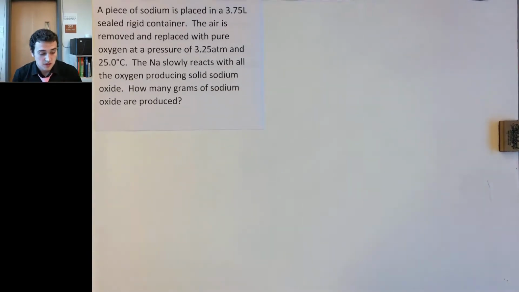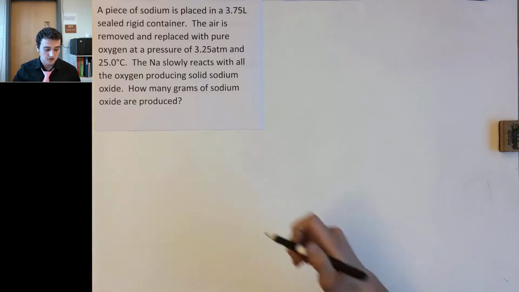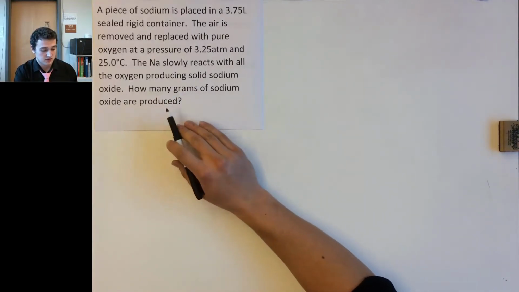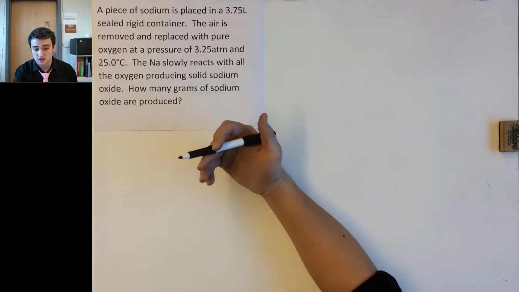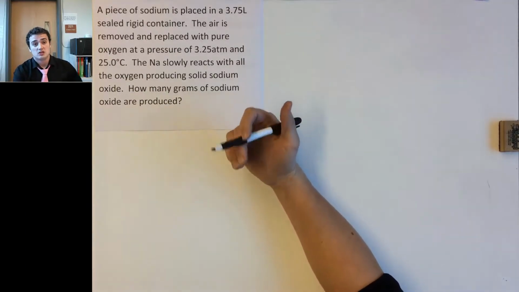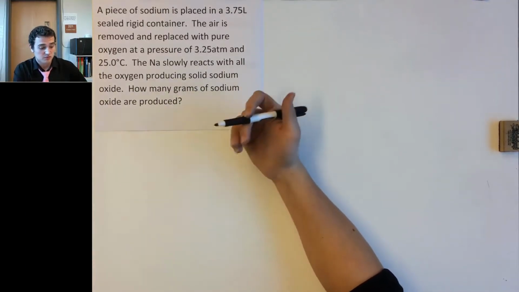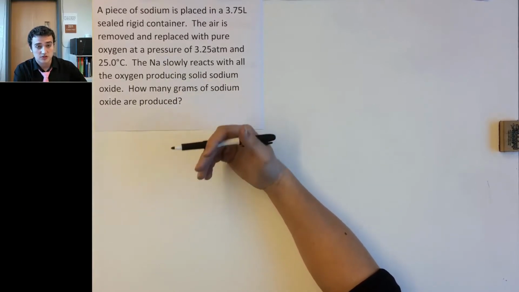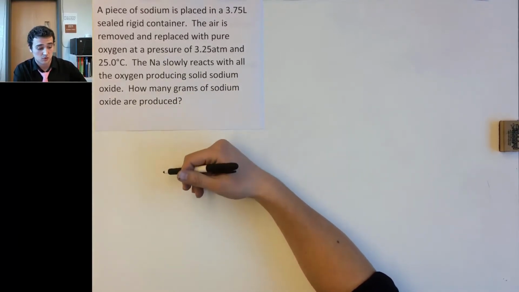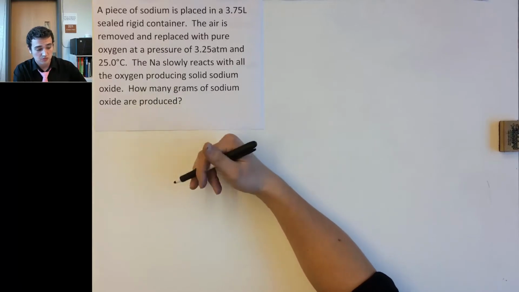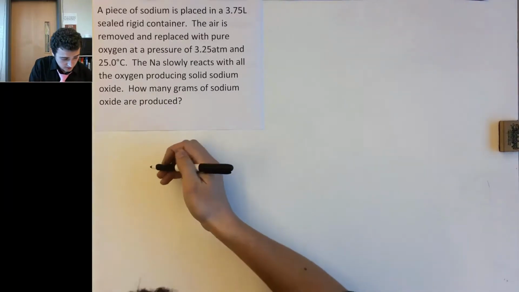So as we look at these problems, we need to ask ourselves, what is it asking for? We clearly see that it's asking for grams of sodium oxide being produced by a chemical reaction. When we do this, we use stoichiometry to predict products and reactants. So the first thing I'm going to want to do is come up with a chemical equation for this. So reading the problem, I know that I have